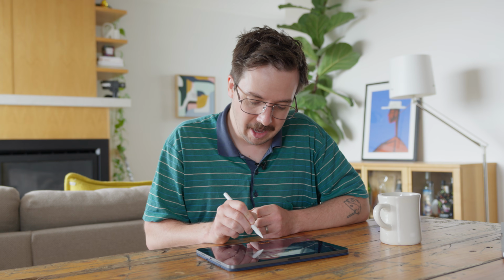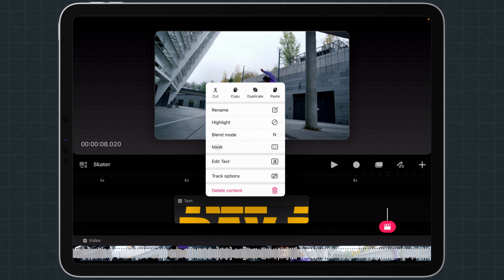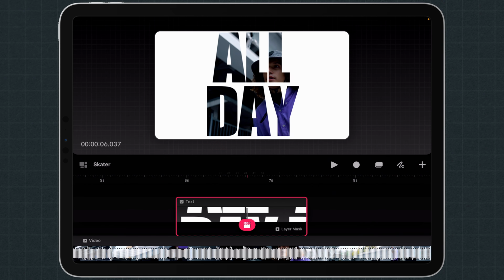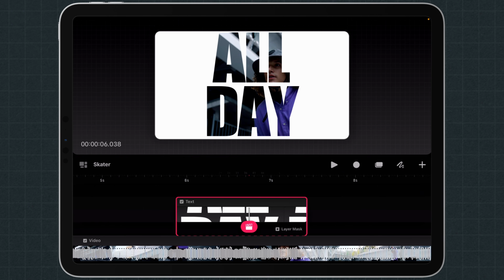Yeah, cool, that works. So holding down on this, I'm going to go to mask, and I'm going to call this a layer mask, and we'll put that there. And that way you can see that's masked out now. And we can do other things like change the color or change what's written over there. I might go through and do some animation around the blank space here, or I might completely change my mind and make this actually colored text over the top, but we'll see how it looks in the actual edit.